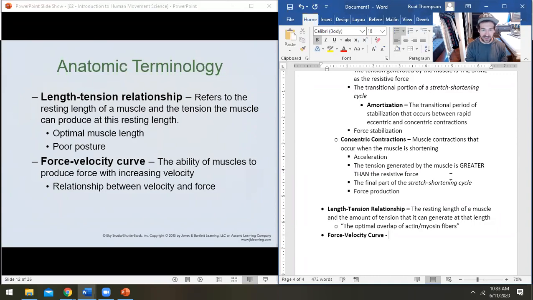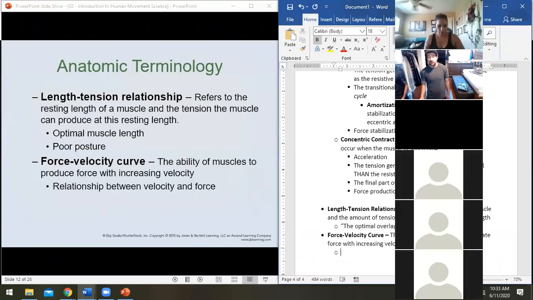So your force velocity curve is the ability of the muscles to generate force with increasing velocity. Basically, the more you go through your contraction, your ability to generate force decreases, but your ability to generate velocity increases. You can think of it as momentum, right? When you first come off the block,